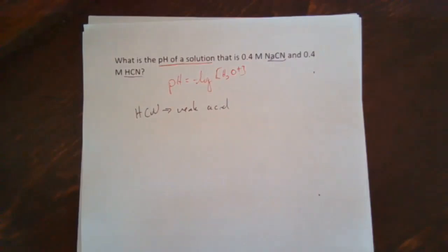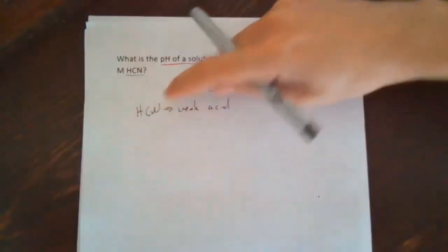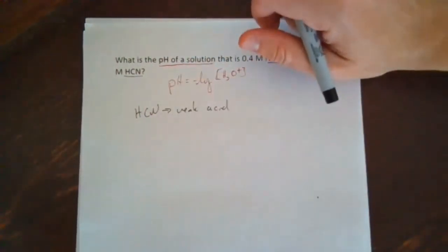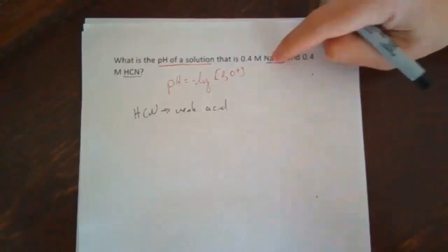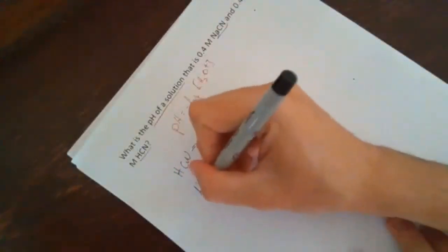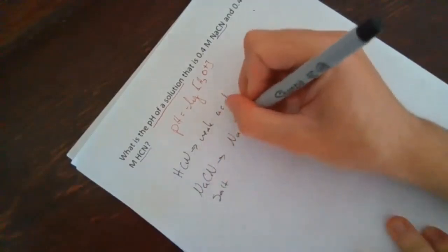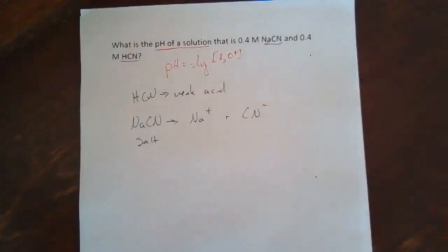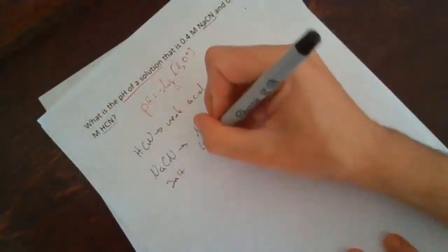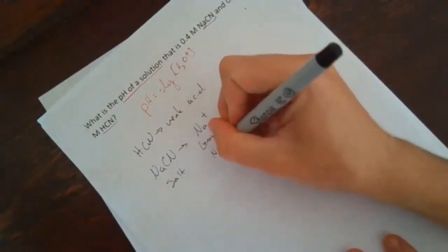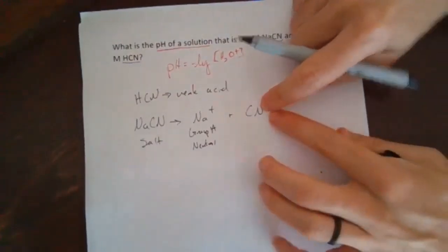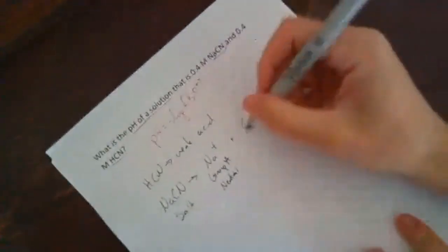So then what about NaCN? If it was just HCN, this would be an ice table problem. We could figure out using the Ka what the pH is based on the concentration. But we have NaCN. Well, that's a salt, so we know it's going to be Na plus and CN minus. What about those? Na plus, that's in group 1A, so that's neutral. And CN minus is an anion, so maybe a base, and its conjugate is a weak acid. So this thing